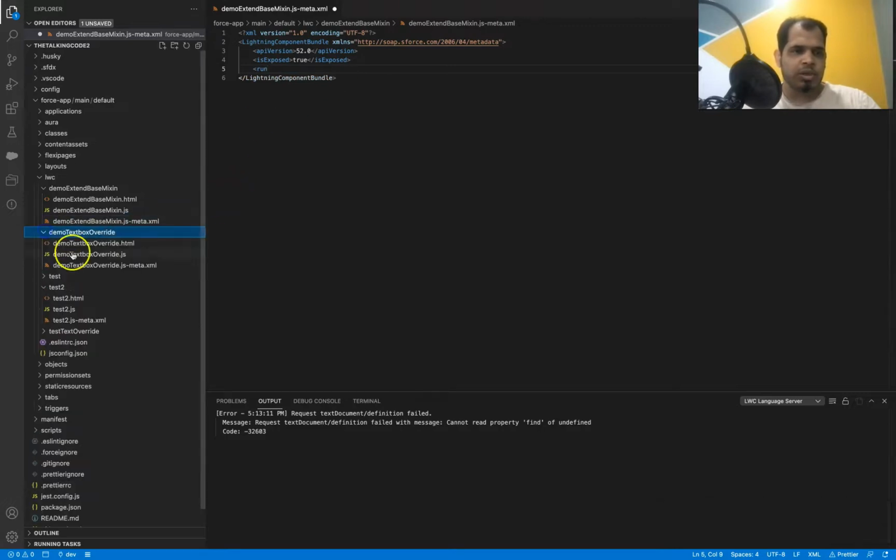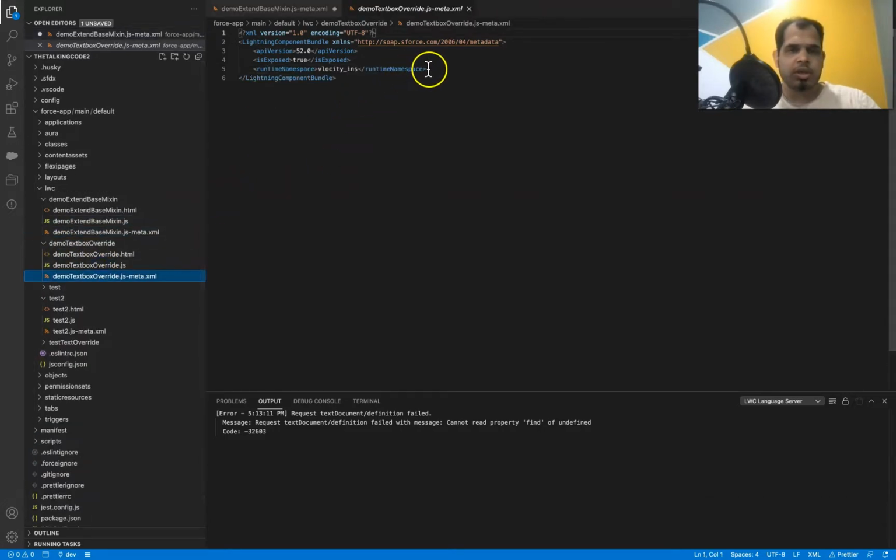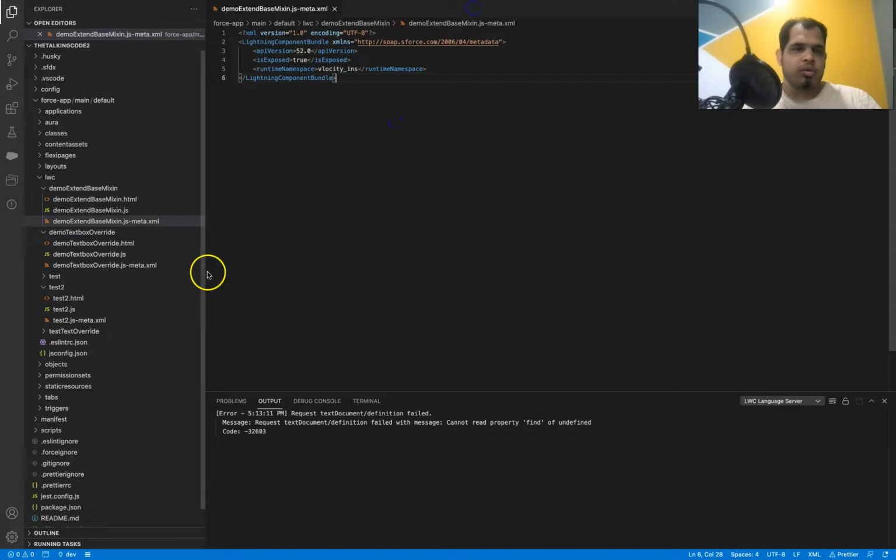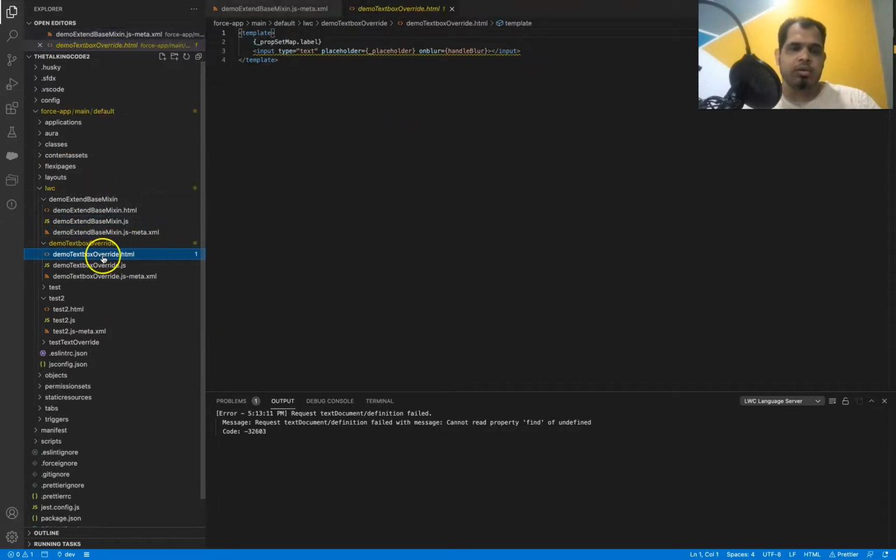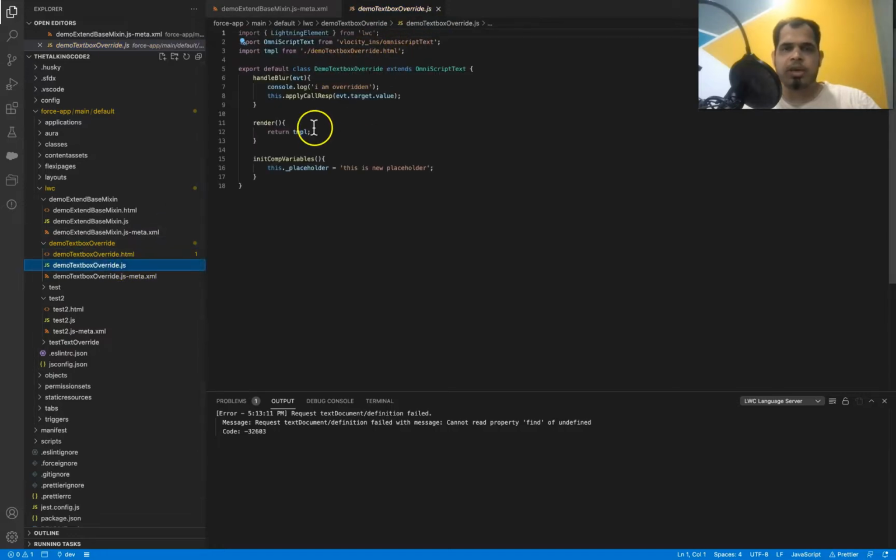So I'm going to copy it from the previous component and I will paste it here. Okay, so let me open this element override also in another tab, so that we can compare it side by side.